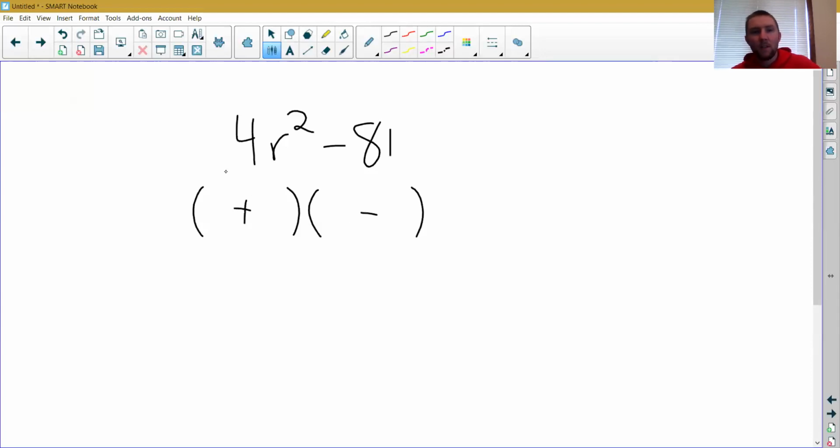Okay, so the square root of 4 is 2, and that gets my variable r. The square root of 81 is 9, and so my 2 factors end up 2r plus 9, 2r minus 9. Okay, when we have the difference of 2 things that can both be square rooted, we can turn them into our 2 factors, one with a plus sign, one with a minus sign, and the same pieces inside. Okay, and then the other one, we had,